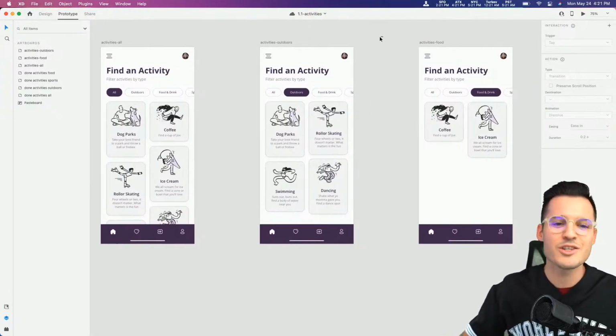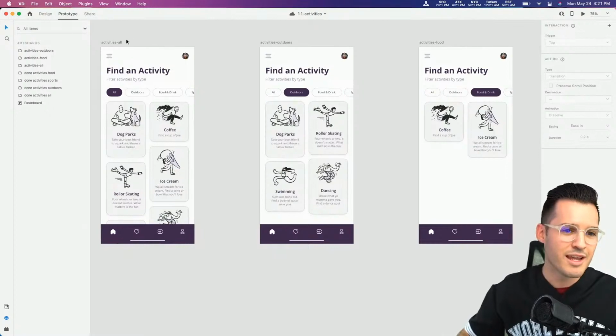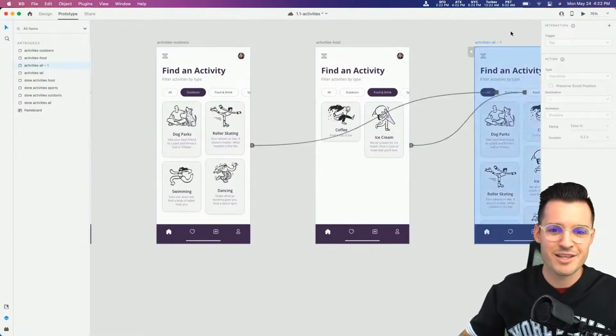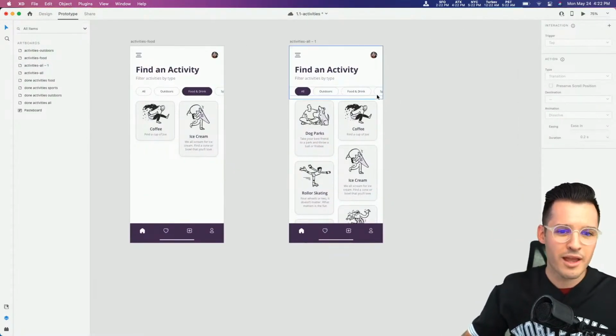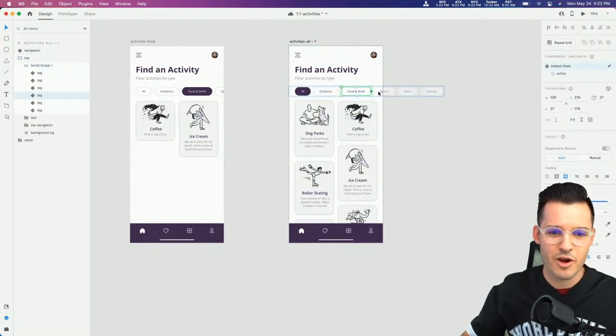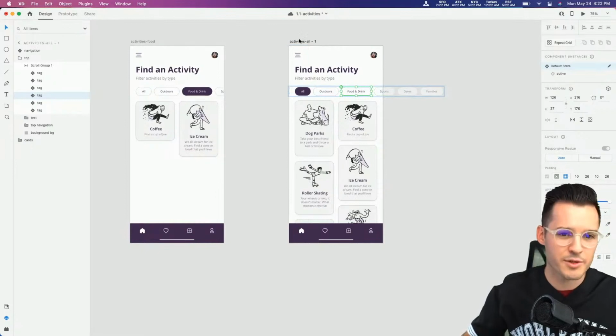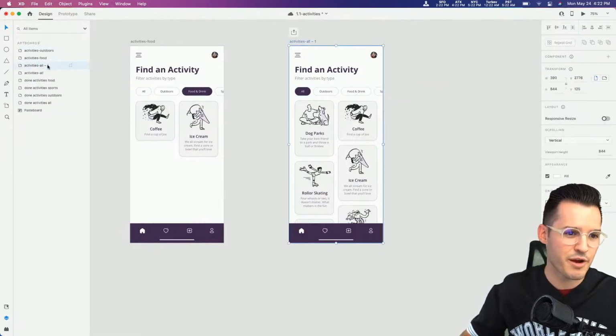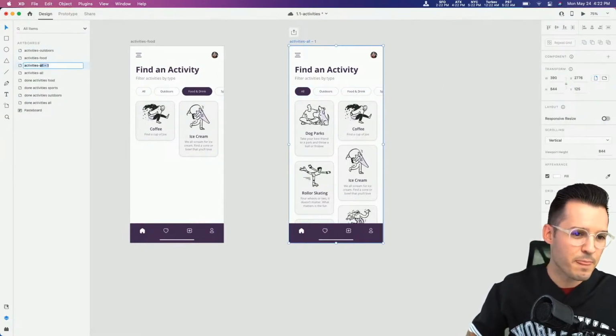Maybe we could do one more. Let's just do one more just because it's fun and I love it. Okay, so I'm gonna grab activities, all, and let's see, what do we got? What are some of our other options here? Sports, let's do sports. We gotta do sports. Don't leave sports out when you're searching for activities, okay? So boom,